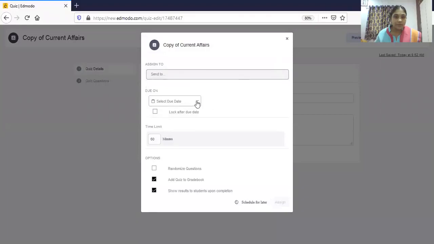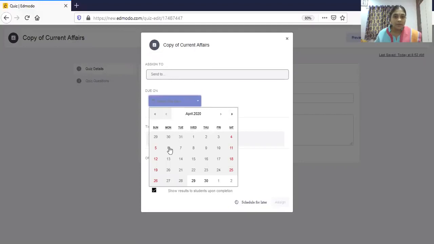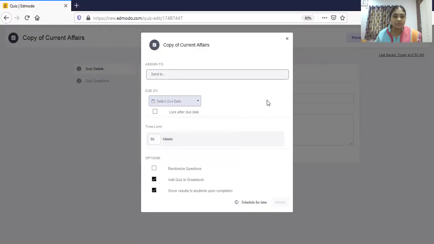Because I have not selected any class, it is showing here students. If you are in class and if you have prepared in that class, it will show automatically that class over here. Then we can have due date and time. After that, nobody can submit it. And we can check box this.